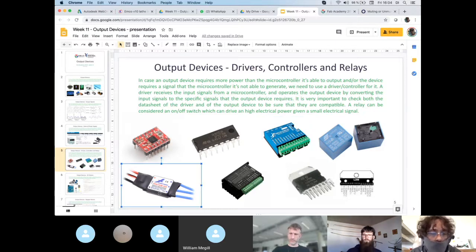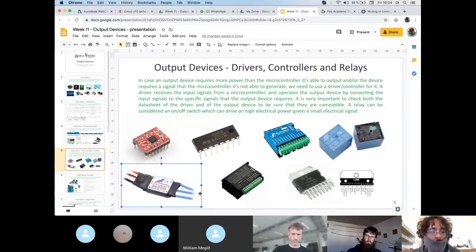The last one, which is even more complex than the stepper driver for the stepper motor, is the electronic speed controller. Here you have an example of it. The electronic speed controller outputs 3 signals that you need to power the coils of the brushless motor in a different order to keep the brushless motor rotating properly. And for this, inside this small package that you see here, you have a microcontroller that takes as an input a pulse width modulation signal, and that drives a set of MOSFETs to generate these 3 different signals for the coils of the